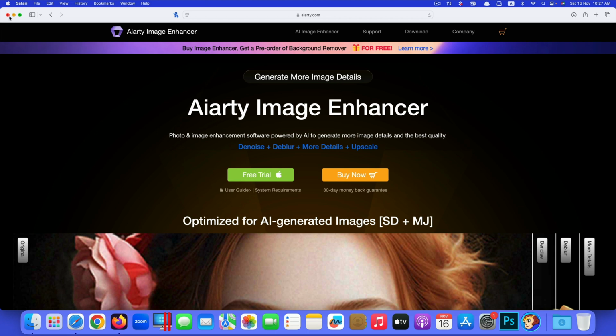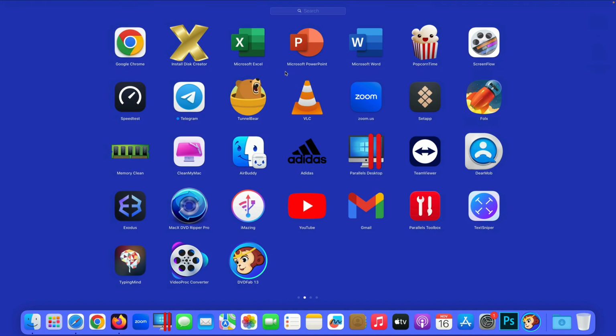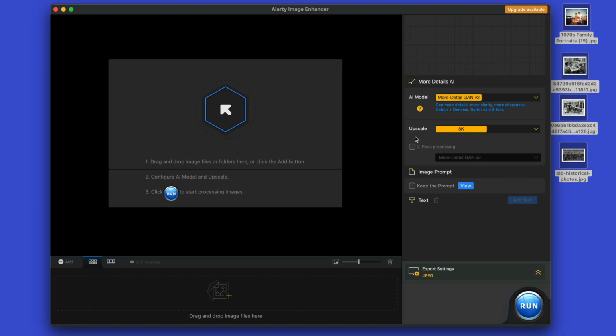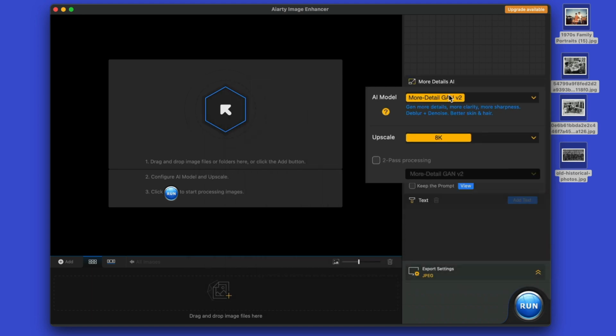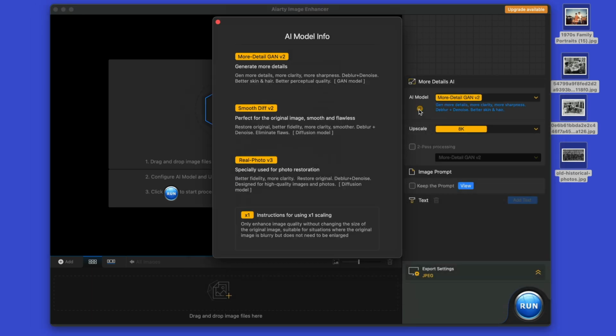Once you're done downloading and installing it, just open it. Here's the look of the app. It's user-friendly and simple to use. On the right side, they have different AI models. You click on this question mark icon, you will see the explanation of each AI model that you want to